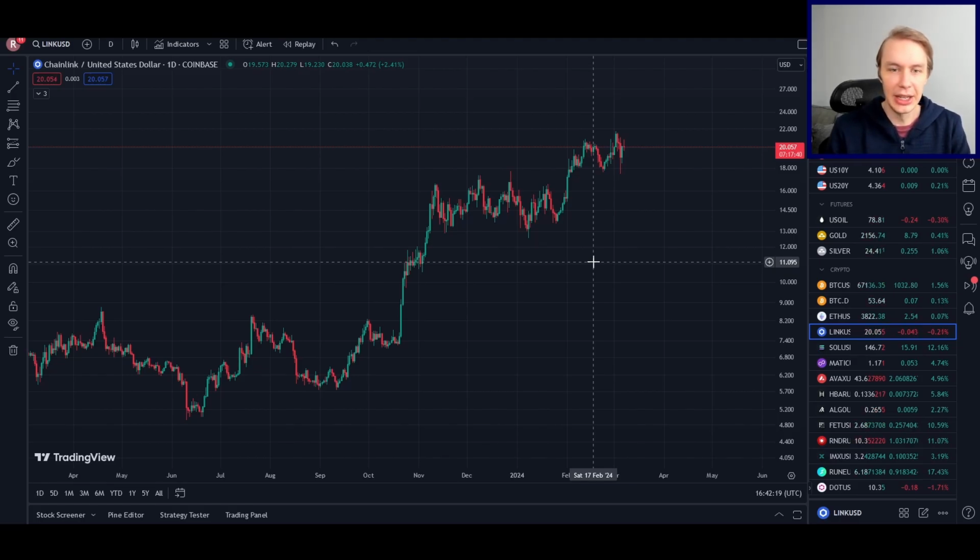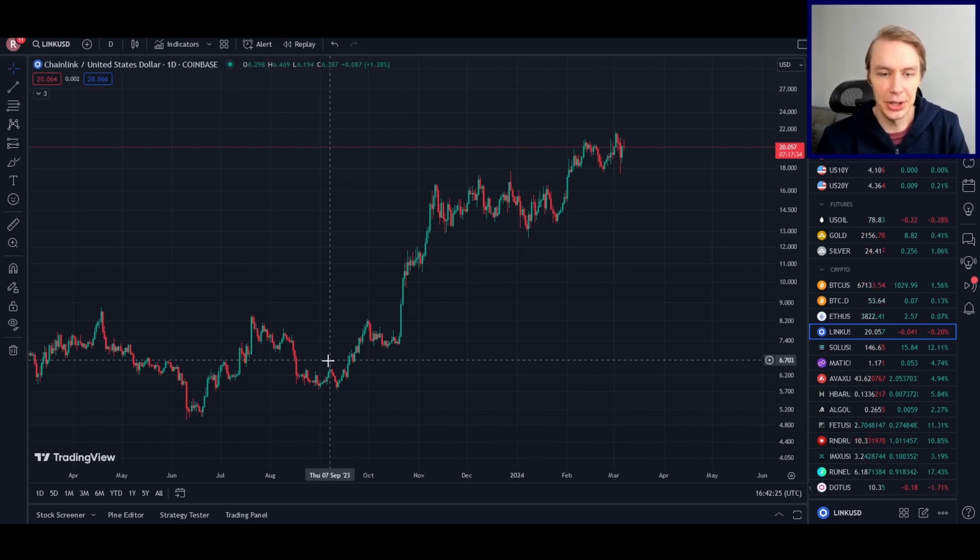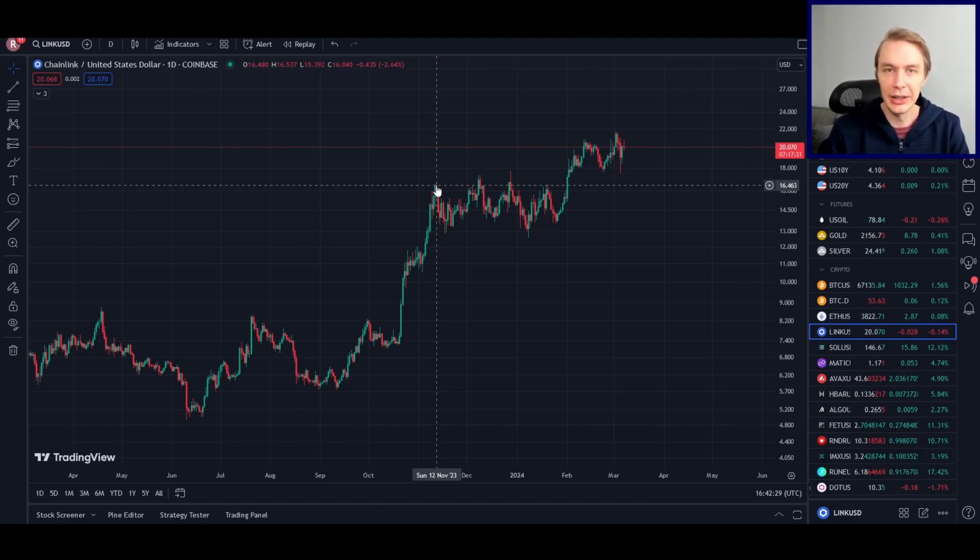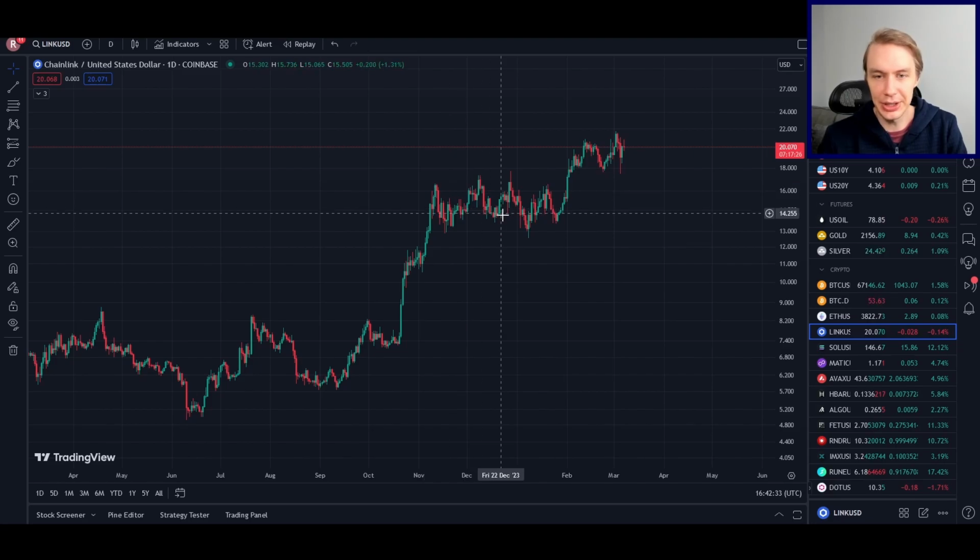The first thing is that no asset is ever going to be the best performing asset all the time. That's just a fact. That's just the way it is. So in this phase up here where Link was outperforming the rest of the market, it was leading the way. Suddenly everyone was talking positively about Link. Everyone loved it. But then as soon as this started happening, then suddenly everyone hated it again because they saw other assets moving up higher, and then Link was kind of stuck in this accumulation zone.